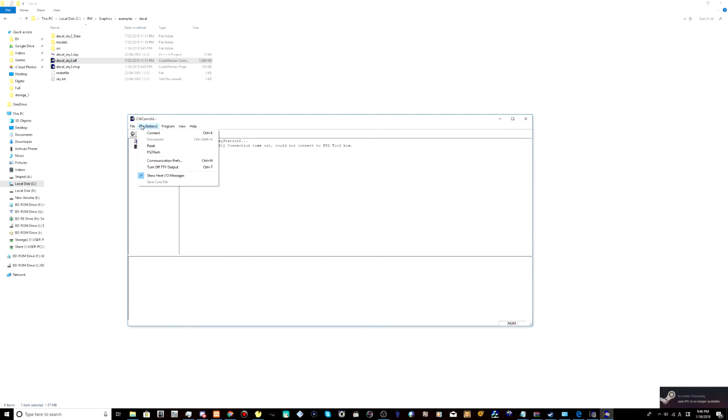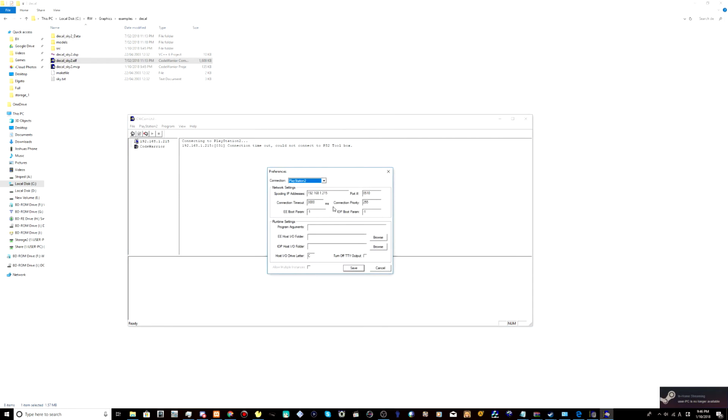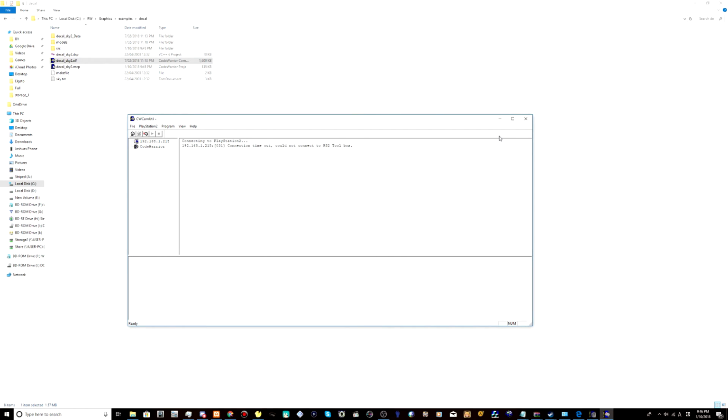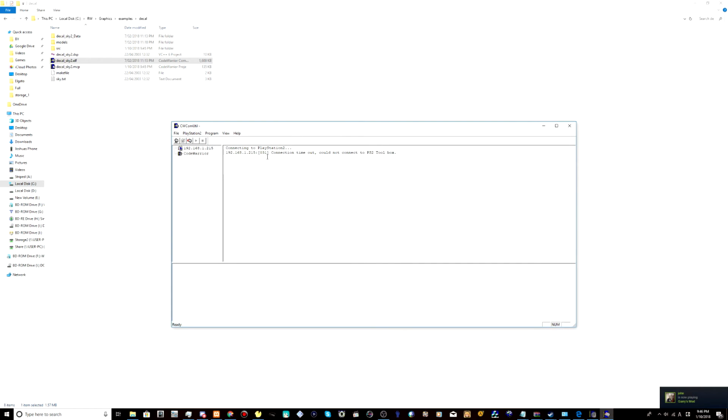So what you're going to want to do is go to PS2, go to Communication Preferences, and set up your IP address. Don't touch anything else, just change that. You can even do a debug station, like one of those test PlayStation 2s, if you plug the USB into the FireWire. I think so, I'm not too sure. I'm pretty sure it's just plugging the debug serial right into the actual tool. Anyways, so now that you have